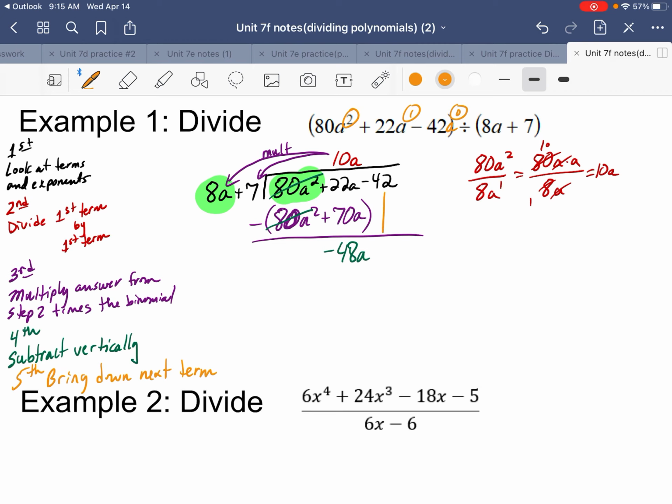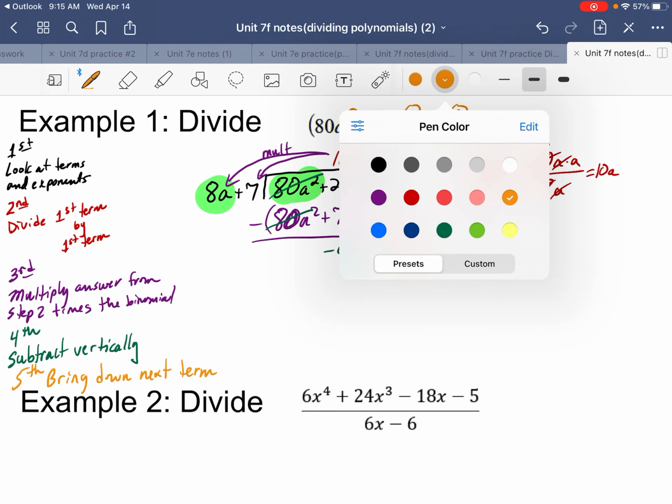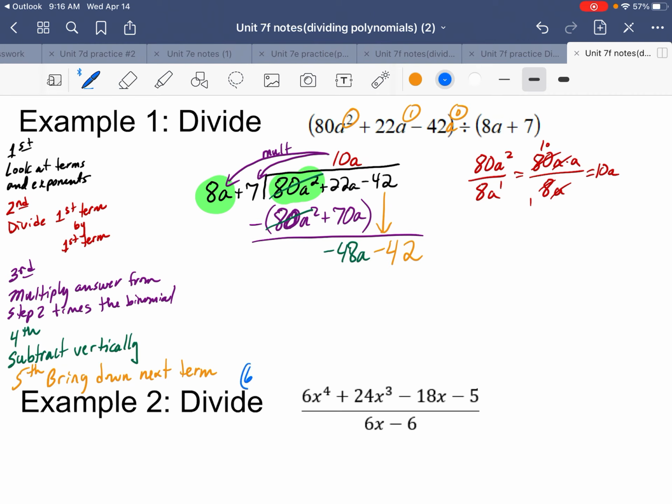Once I show you, it probably is pretty easy. So it's a negative 42, so bring down minus 42. And the last step, and you're like, what was that really? Is this going to be the last step yet? Yeah, it is. So the last step is, and it's a big one, repeat